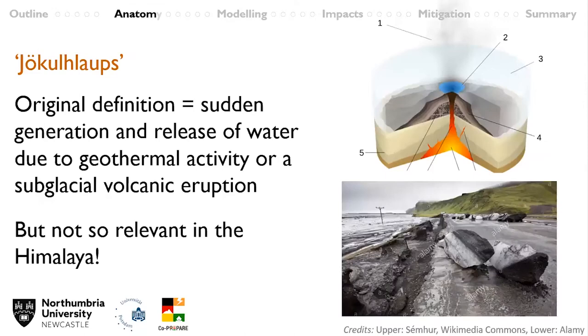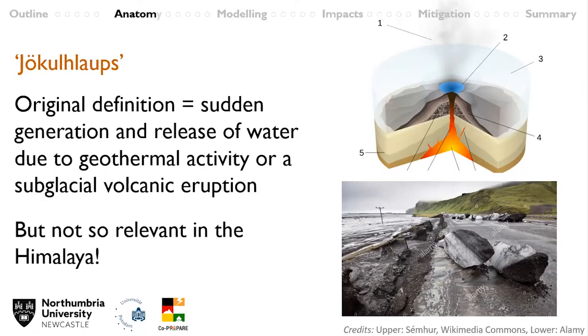So I thought I'd very briefly talk about how we define what a glacial lake outburst flood actually is. And some of you may have come across this term jökulhlaup, which is an Icelandic word, and the original definition of this word means the sudden generation and release of water due to geothermal activity or a subglacial volcanic eruption. At least that was the type of flood that this word was applied to originally. It's used sometimes interchangeably with glacial lake outburst flood, and obviously it's not so relevant in the Himalaya. We don't have volcanic